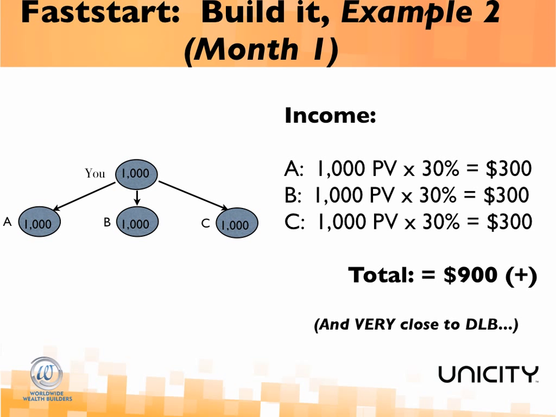Now imagine for a moment, Mr. New Guy, if you combined the buy it and build it, if you did the 1,000 points in your first month, check that box, have the working inventory, all those benefits, and you looked for A, B, and C to do likewise. Whether they buy it or build it doesn't matter. A maybe has A1, A2, A3 beneath them, each doing 250.